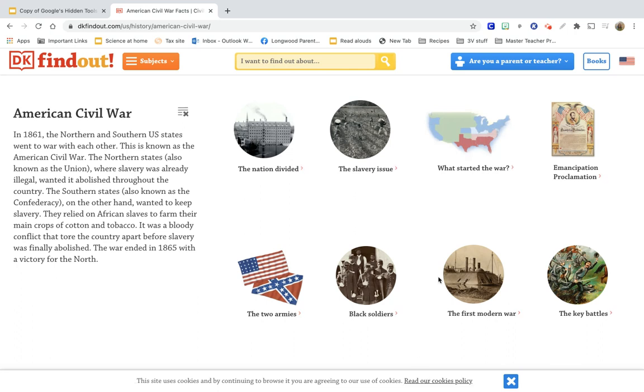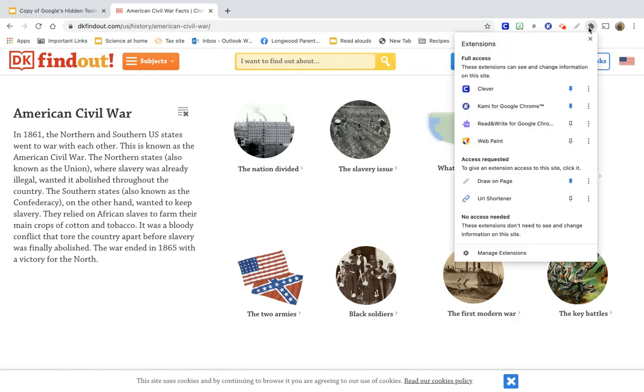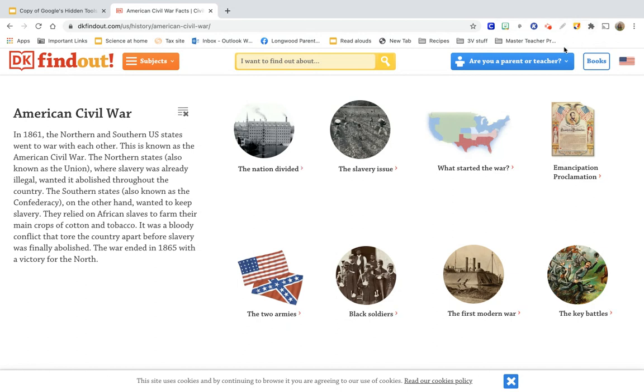Hello, everyone. Kristen Murphy, one of our virtual teachers, recently introduced us to an extension that could be very beneficial to those of you teaching in any sort of virtual environment or tutoring virtually, and it is called Web Paint. And I just added it as an extension, and now I'm going to go ahead, here it is, Web Paint, and pin it